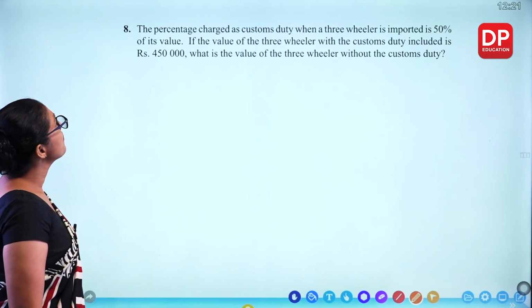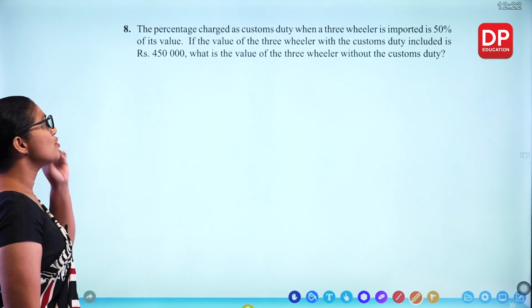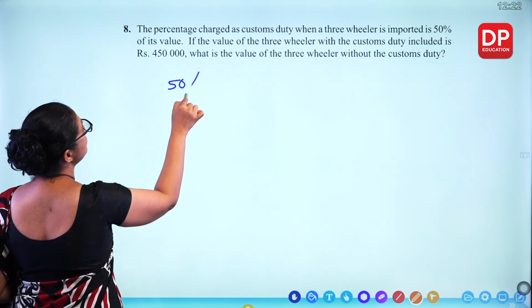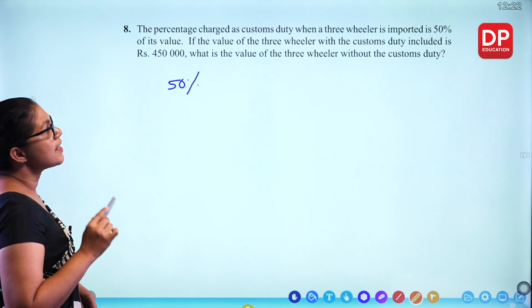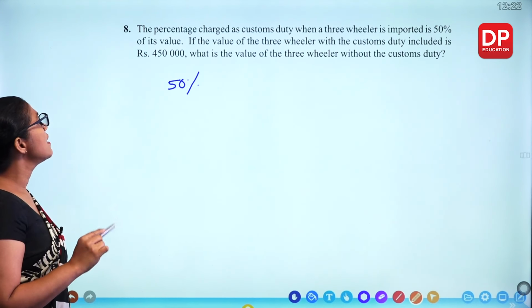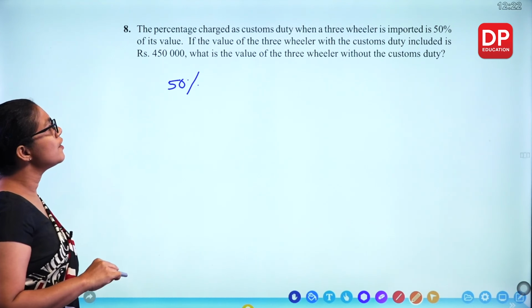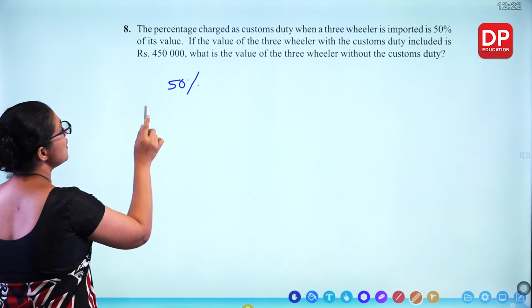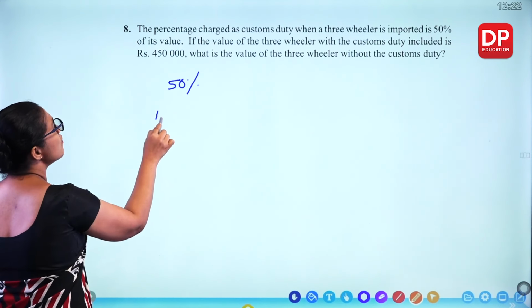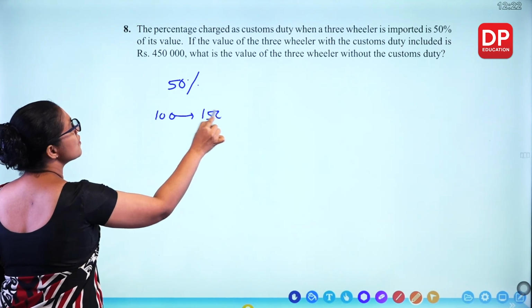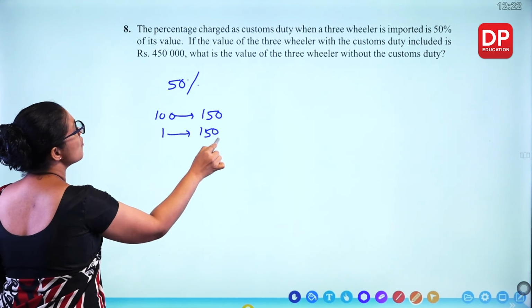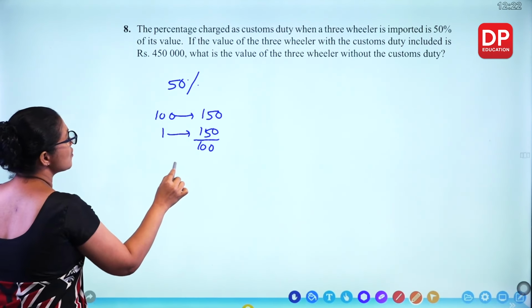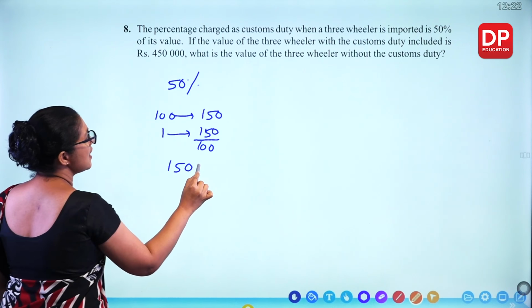Question number 8. The percentage charged as customs duty when a 3-wheeler is imported is 50% of its value. If the value of the 3-wheeler with the customs duty included is 450,000, what is the value of the 3-wheeler without the custom duty? So this is with the custom duty. If you buy for 100 rupees, you have to pay 150. So if this is one part, 150 over 100. So this is with the tax. So 150 represent